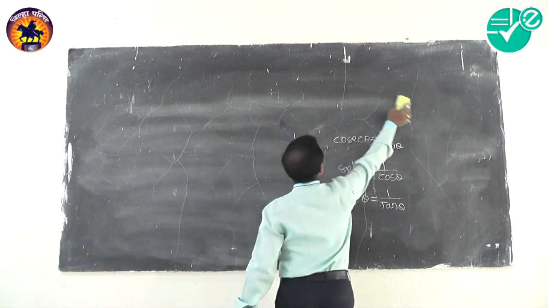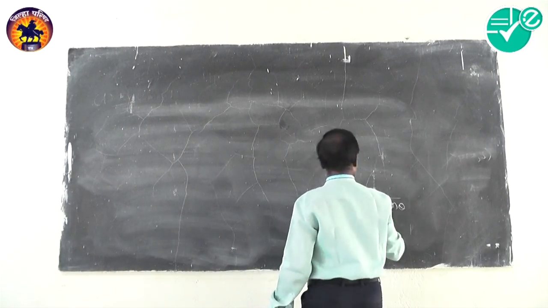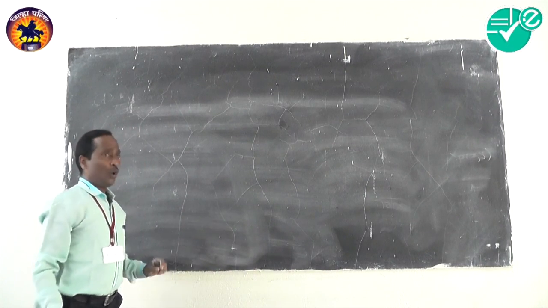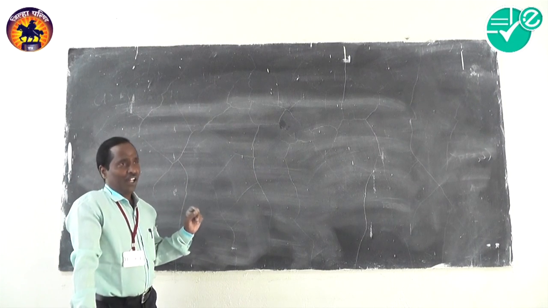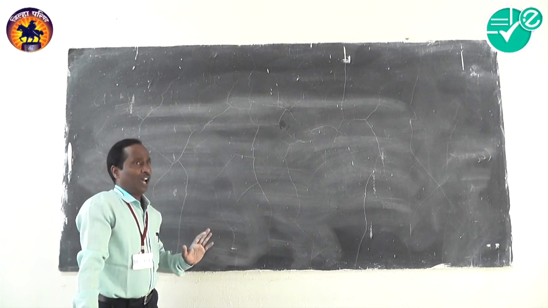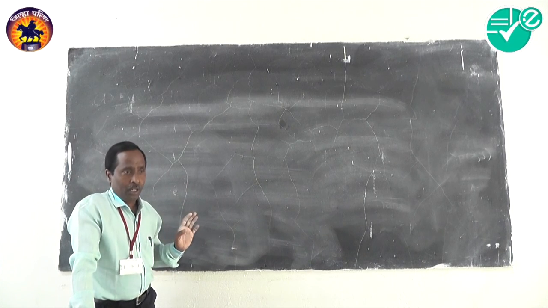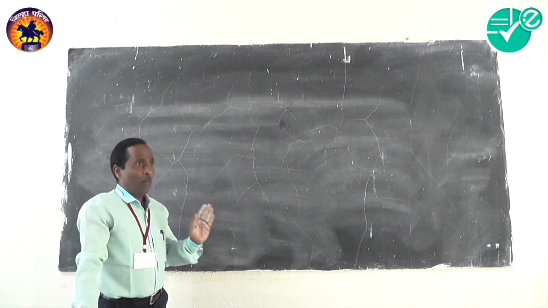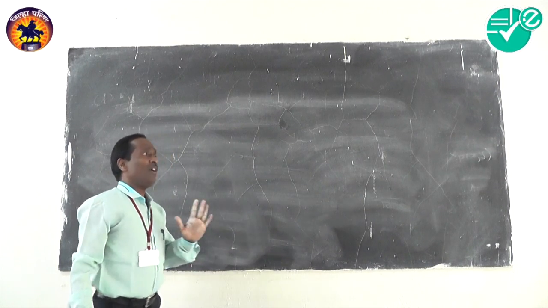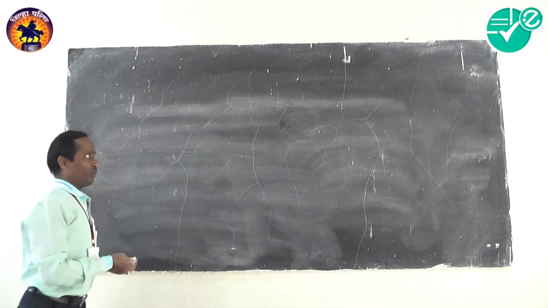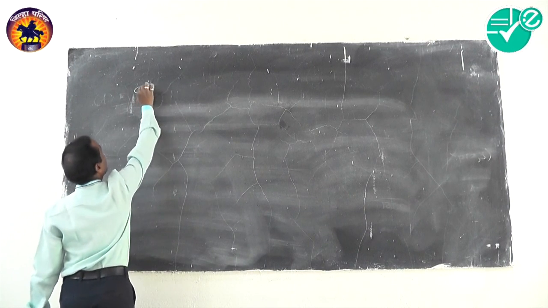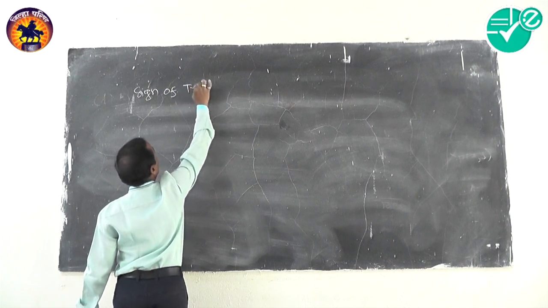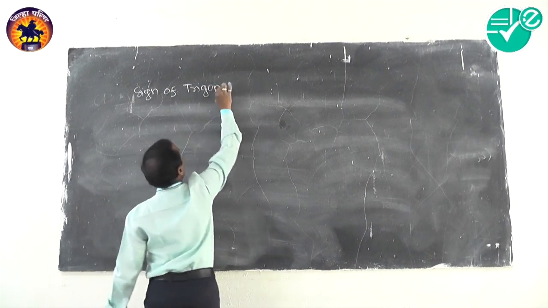For that, first we take the remarks. The trigonometric function depends only upon the measure of angle theta, and does not depend upon r. The coterminal angles have the same trigonometric function values. Now we are going to study the sign of trigonometric functions.